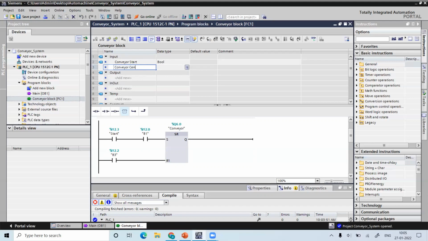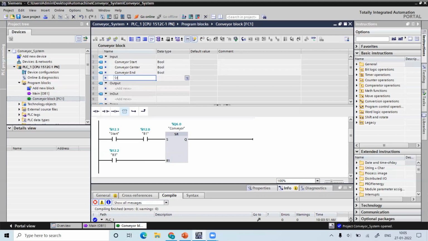The third sensor is at the end of the conveyor, so conveyor end. So 3 sensors: B1, B2, B3. And we also have the start module.